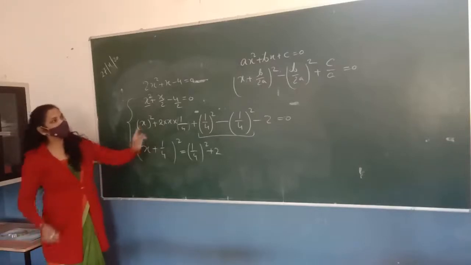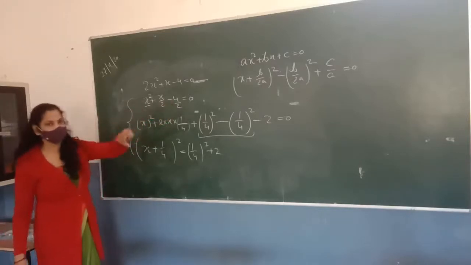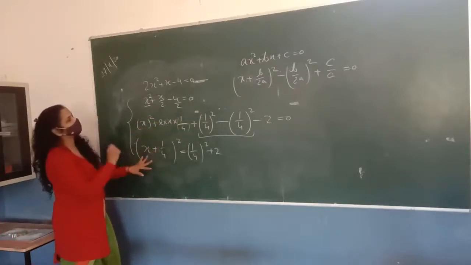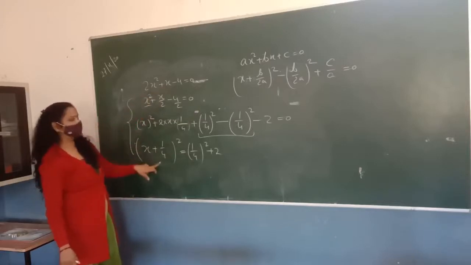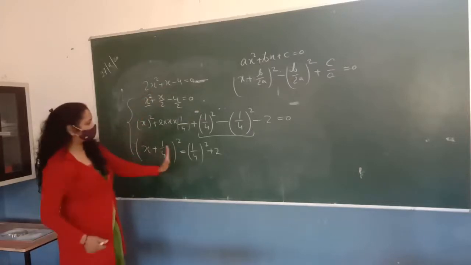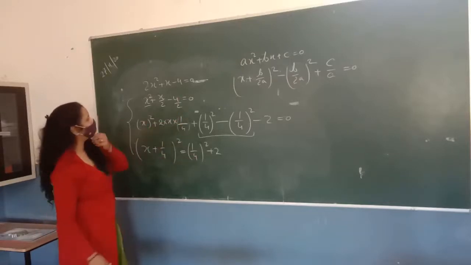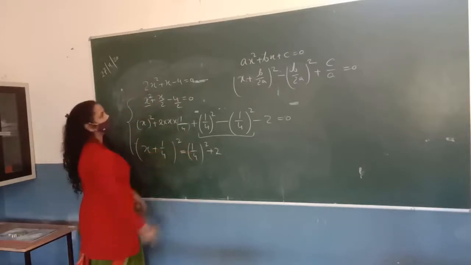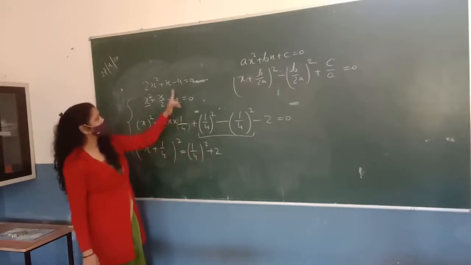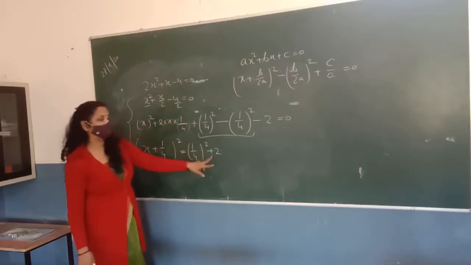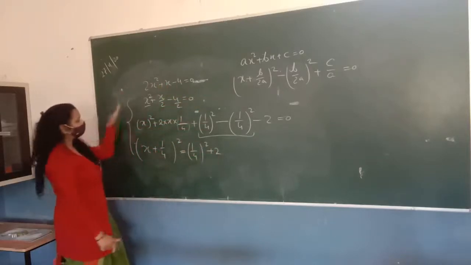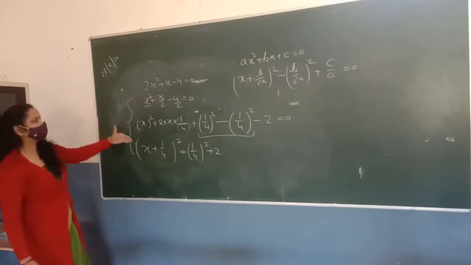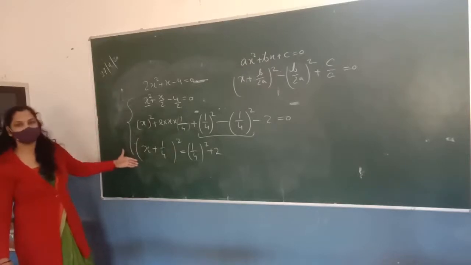So you can use this formula. आप चेक भी कर सकते हो, देखो सेम लिखा हुआ है x plus b upon 2. b क्या था 1, 2 into a हो गया 4 whole square minus, नेक्स्ट तरफ लिख दी तो प्लस हो गया ये b upon 2a whole square. b is 1, 2 into 2 whole square and then plus c upon a. माइनस 4 था, इसको इधर ले जाएंगे, that will be 4 upon 2. तो अगर आपको ये पूरा स्टेप्स क्लियर नहीं होता है तो you can use this formula. Otherwise this is the correct method to explain the completing the square.